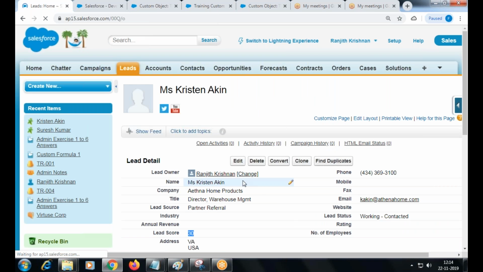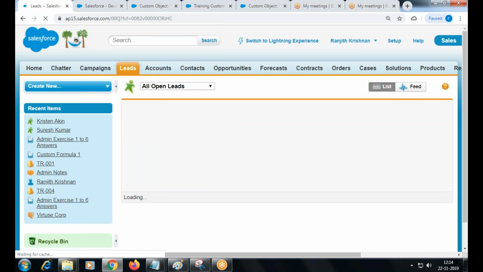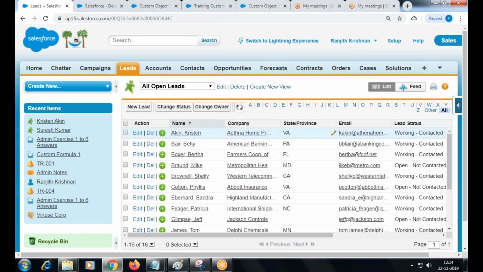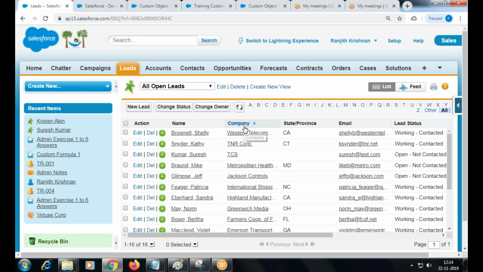But every time I open the record and see it, right? How to see? By seeing the lead records, I can include a lead score field here. By including a field here, I can sort the field and see who is having a high lead score. Then I can display the phone number here. I can call them or email them, whatever. Okay, so what is this feature called?